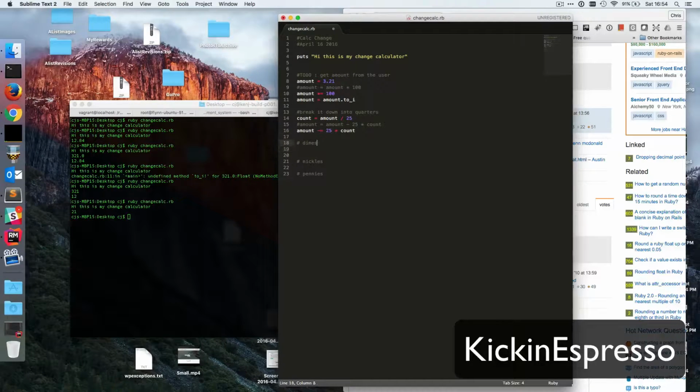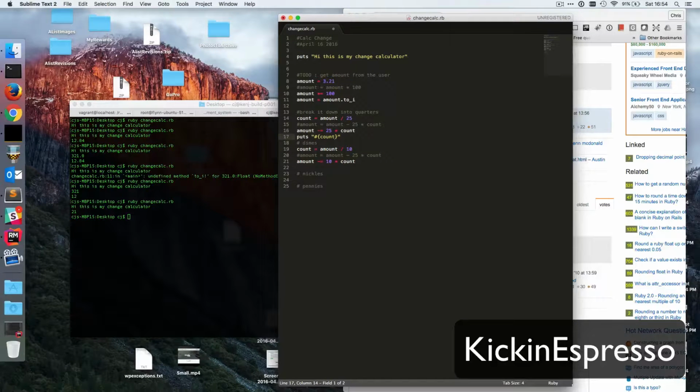All right, so now let's do dimes. We know the value of dimes, right? Okay, so let's just copy this, really. I don't see why we would want to do it over again. So we'll just change this to 10. And what we can do here is go puts, and then we'll put the amount of quarters to print out. So we'll do, and this is kind of a fun way to do this,